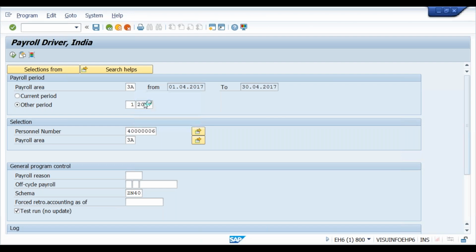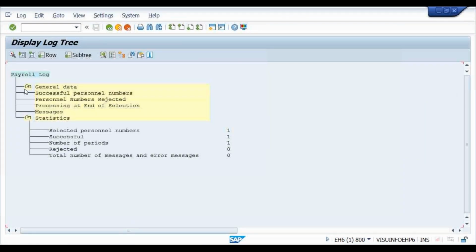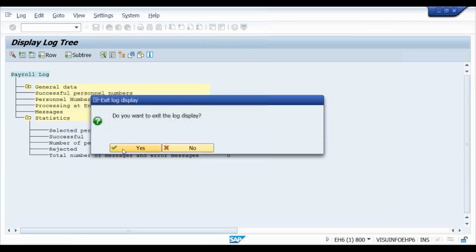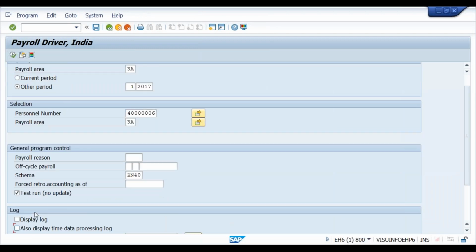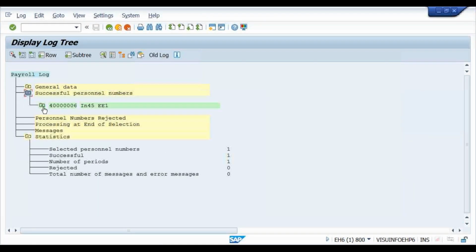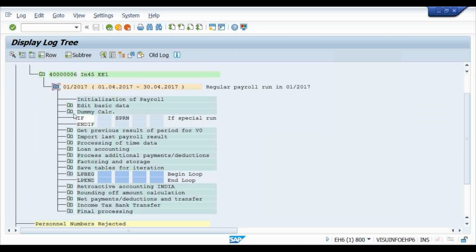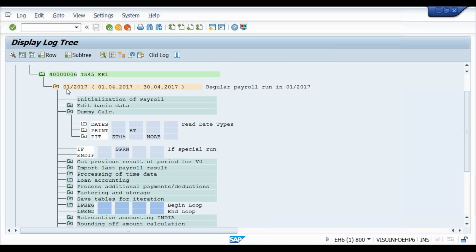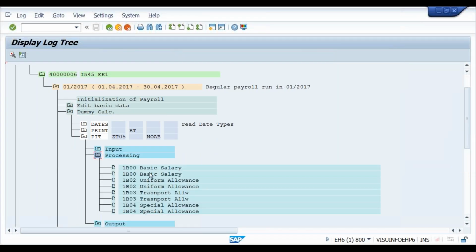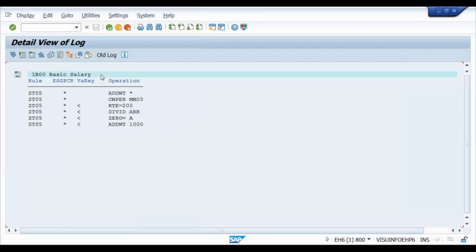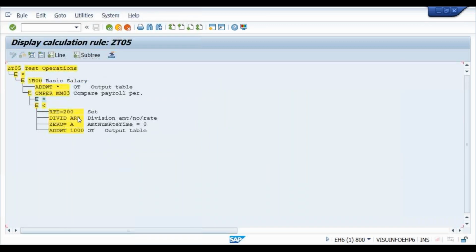Okay, there, 01 is the period number, compared with 03. Where will it go? It will go to less than. So the old rule is applied.